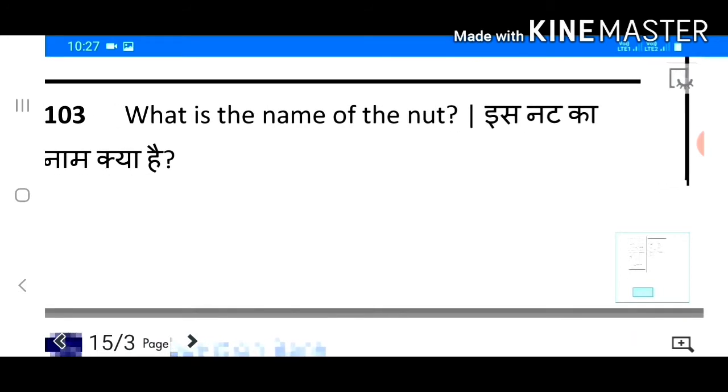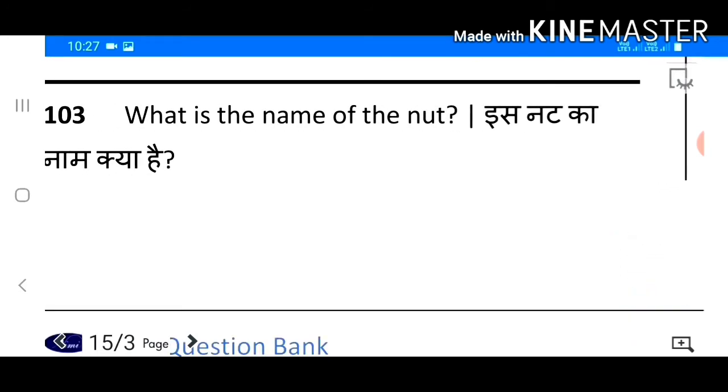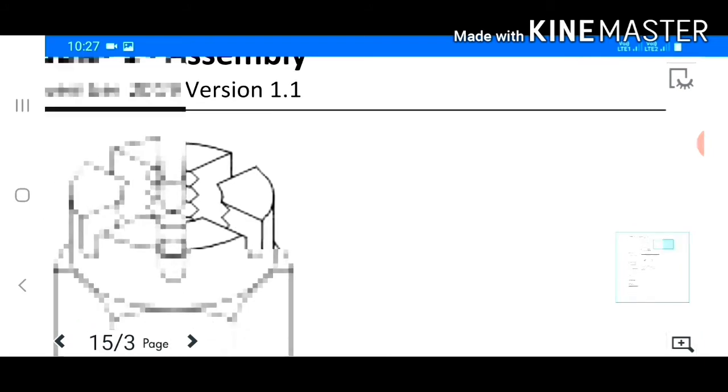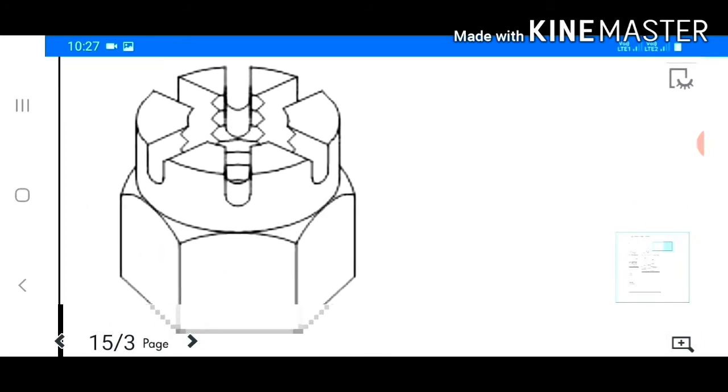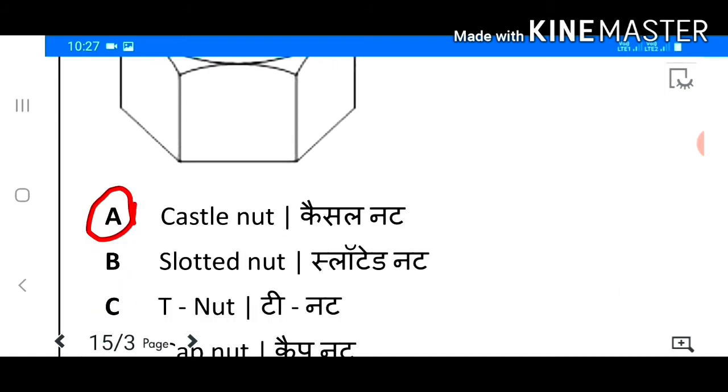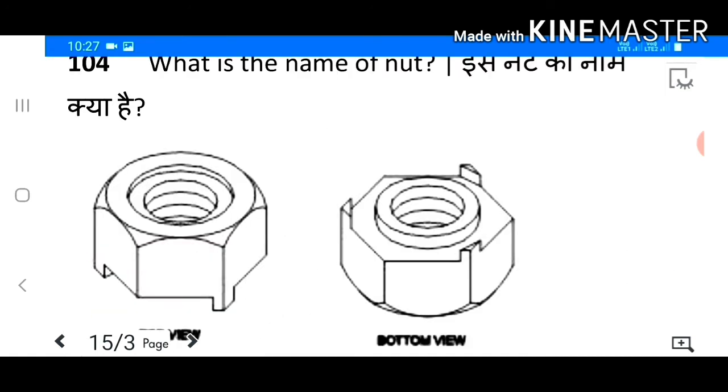103. What is the name of the nut? Answer A. 104. What is the name of nut?